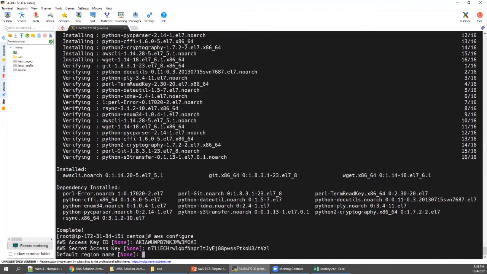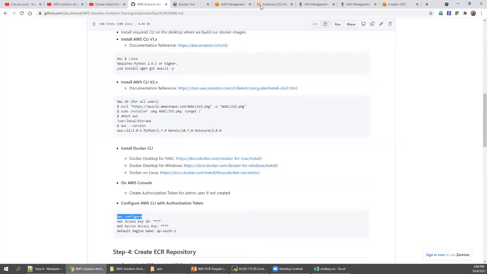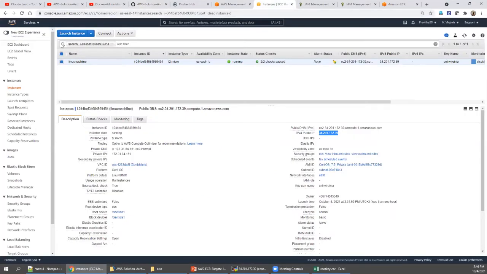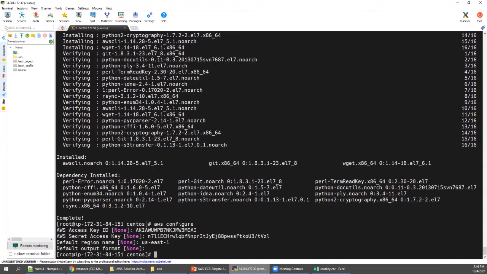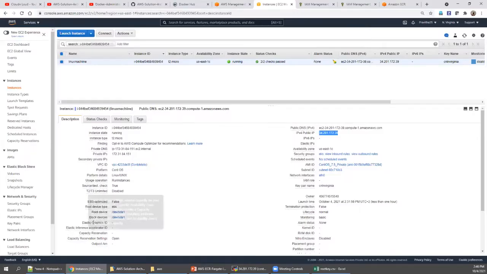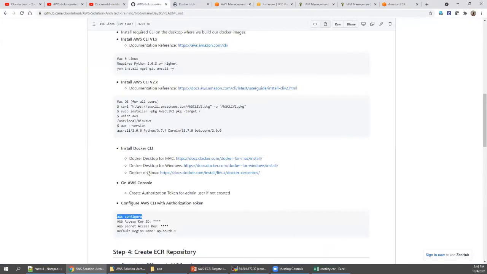What is the region? You can have any other region, but the default region is US North Virginia. So I'm going to give us-east-1. Enter. So now we have configured AWS CLI.